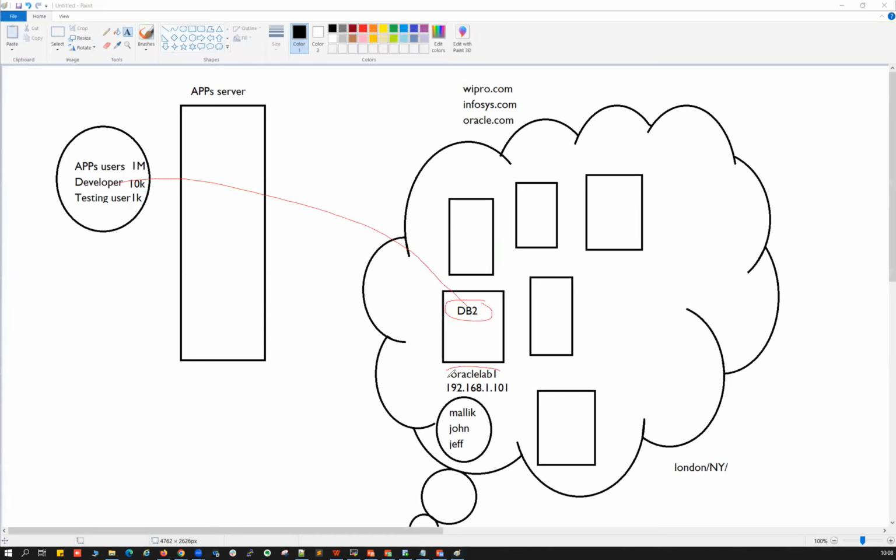They don't need access on the server, right? That makes sense, because only DBAs who are going to manage the database need server access. For this application, development and testing team, they just need access at the DB level.